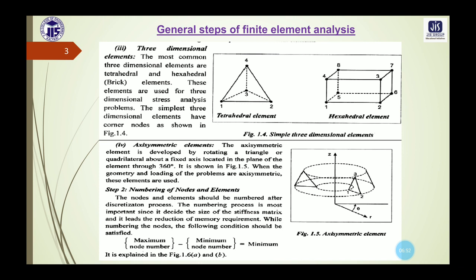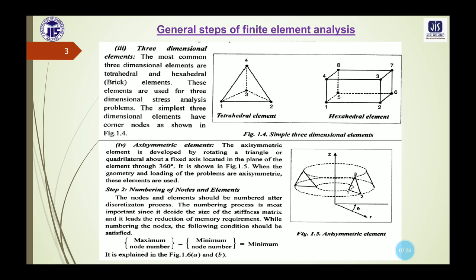So based on our given problem, in case of the finite element analysis, we will break down the given complex shape into the suitable classification of the elements. Now the step 2 is the numbering of nodes and elements. The concept of the nodes and elements is already discussed. Now how to number these nodes and elements.